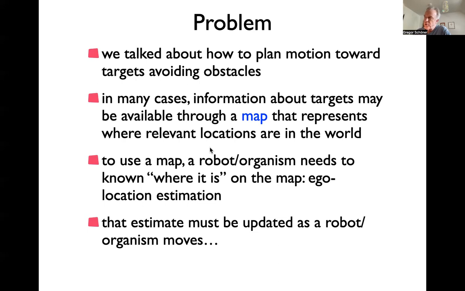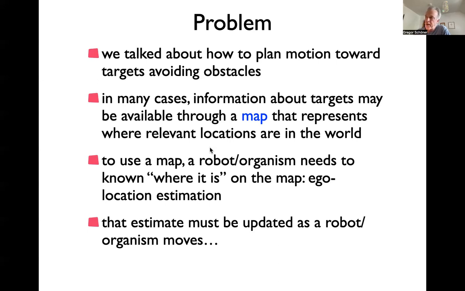So already you see, we'll come to that. The maps are about stuff that's relevant to you. It's not necessarily the physical map of everything. It's about what is relevant to your behavior. So it's a source of information about targets and maybe other kinds of behavioral constraints. So first I want to talk about the idea that you're using some form of map,